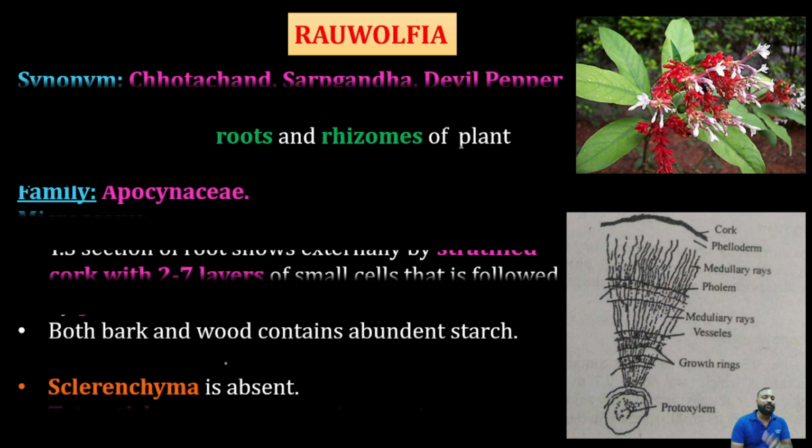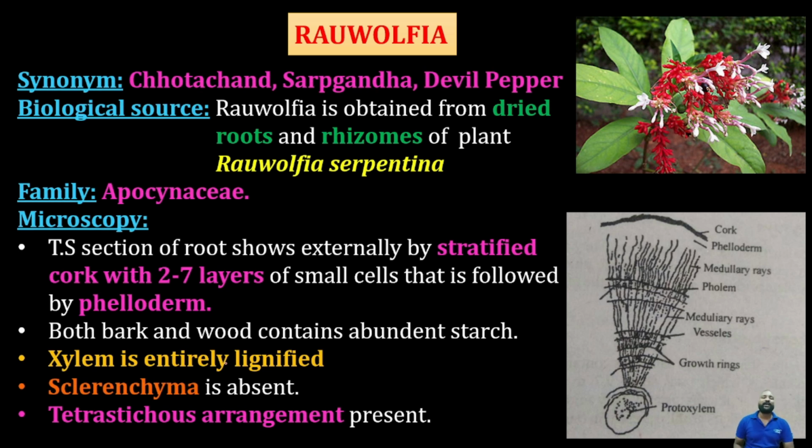Next we will see the other drug, called Rauwolfia. Can anybody guess, my dear students, Rauwolfia? We all know that Rauwolfia consists of one of the important alkaloids called reserpine. Rauwolfia serpentina is known as sarpagandha. I have told you so many times, if a particular drug has a special synonym, sometimes it denotes its pharmacological action.